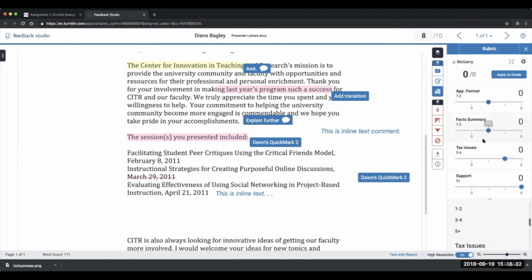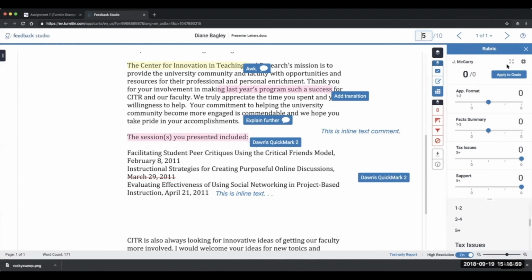I could go ahead and change my levels here, and then I could apply that to the grade, which I don't have set up quite right, so it's not scoring the points. I can also go up and just type in a number in the score here. If you do the rubric correctly, it'll automatically put your 5 up there,